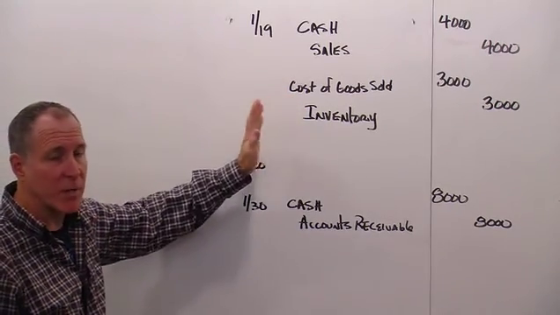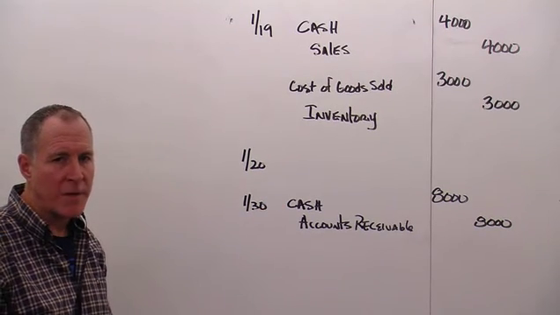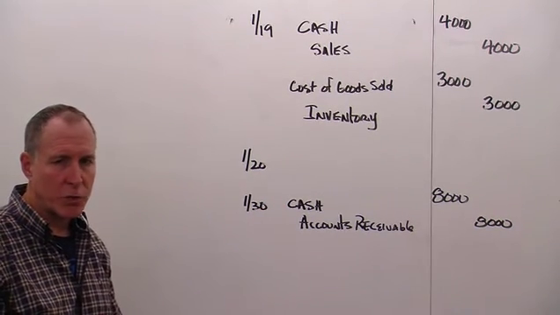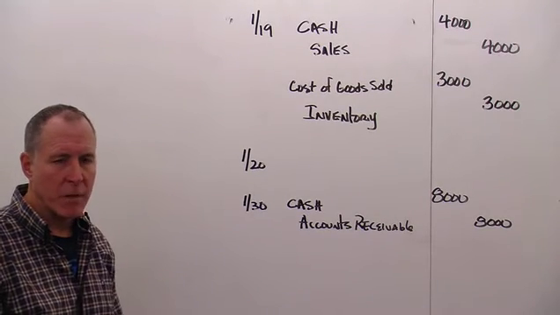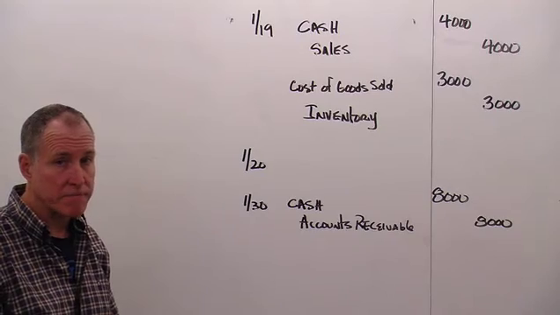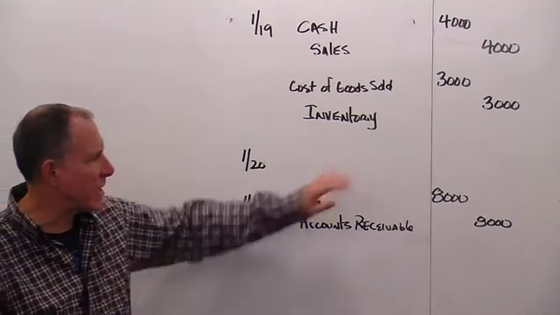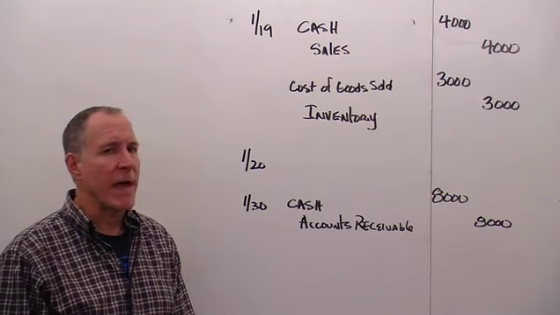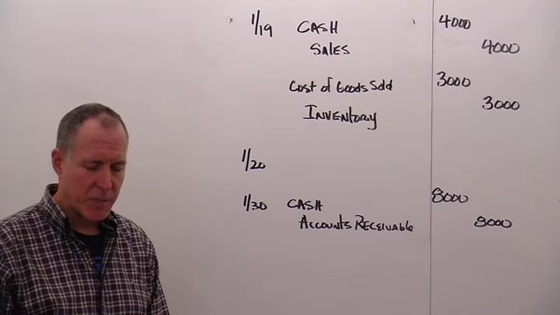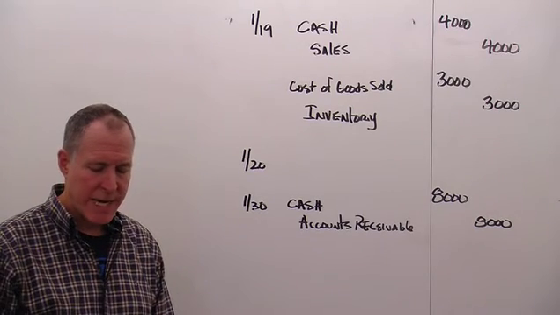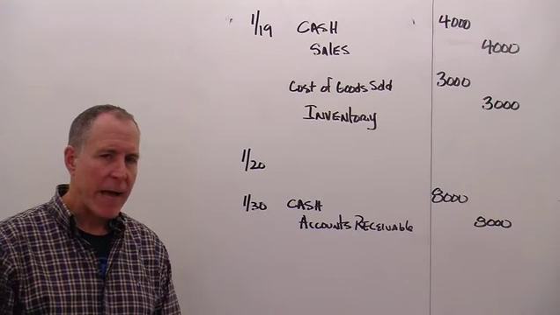By all accounts, at the present time, it would appear that we sold goods that cost us $3,000, we sold them for $4,000, and we have a gross profit of $1,000. Let's go down to the 20th. Now, I don't have anything written in here, and let's see why that is. It says on the 20th, the freight cost on the transportation of the goods sold on January 19th amounted to $400. But let's go back up and look at that